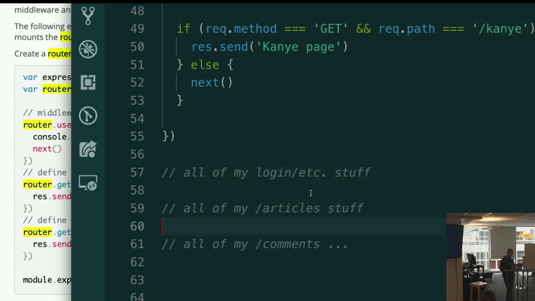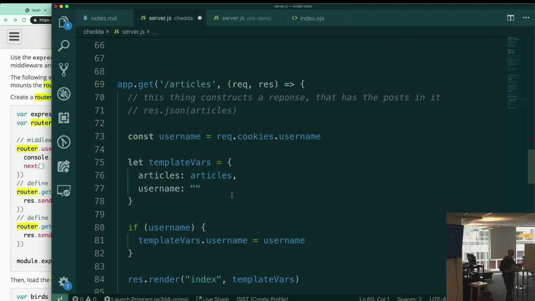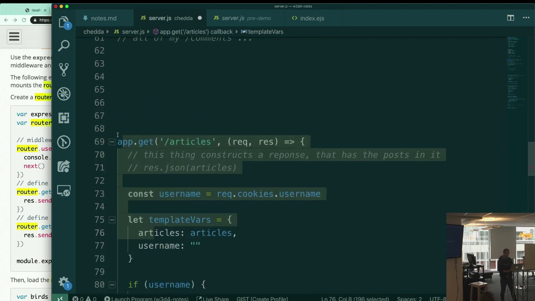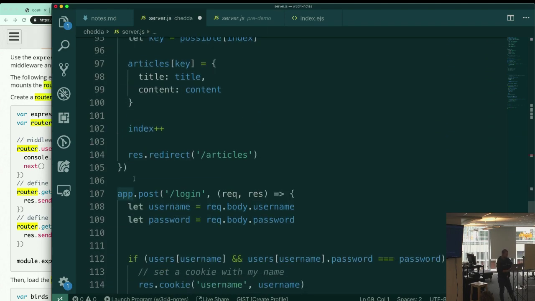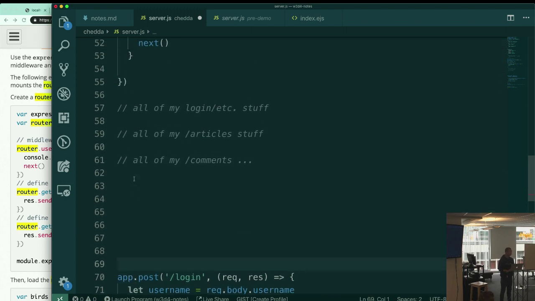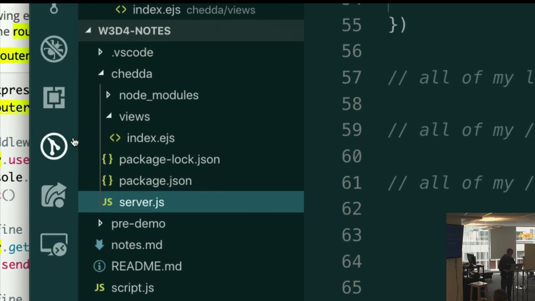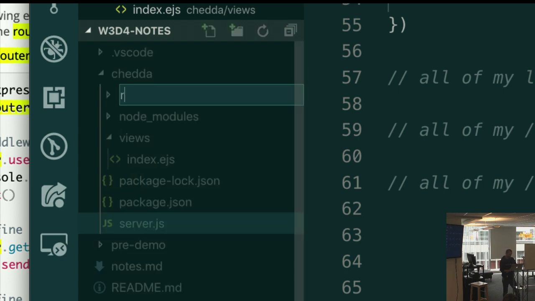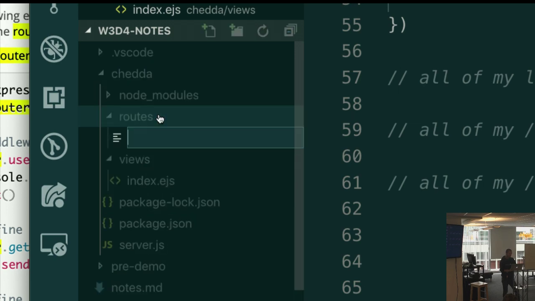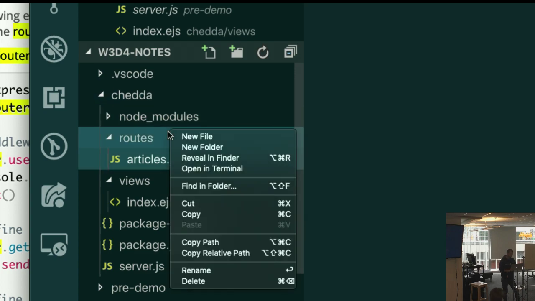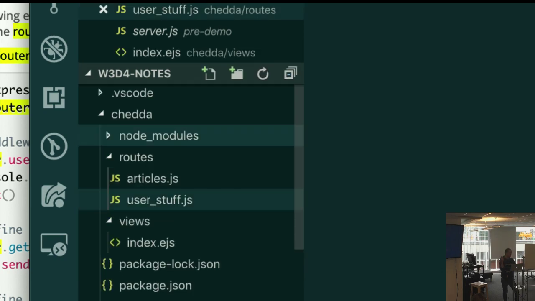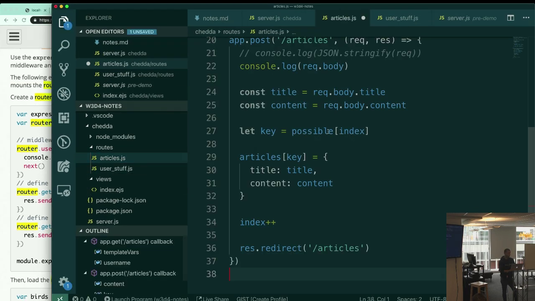What I would like to do is keep this article stuff, everything from line 69 here all the way down to 105, in its own file. So I could go into my folder, and maybe I'll make a new file called articles routes or something like that. Commonly, people will make a folder called routes, and then in here they'll make a file called articles, and then maybe I'll make another one called users, or user stuff.js, where I'll put in the login things. And in my articles one, I can paste this stuff in here,